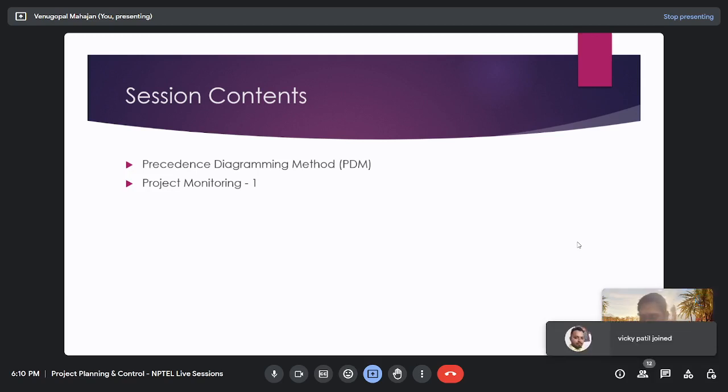Sir, can we extend the deadline of project duration as it is asked in that question? See, if it is the question of only resource leveling, we are not extending the project duration. But in the real world, if you have to allocate resources, it may happen that your project gets extended.